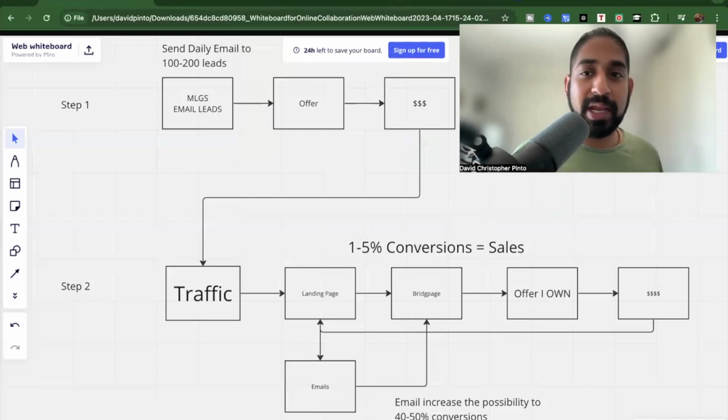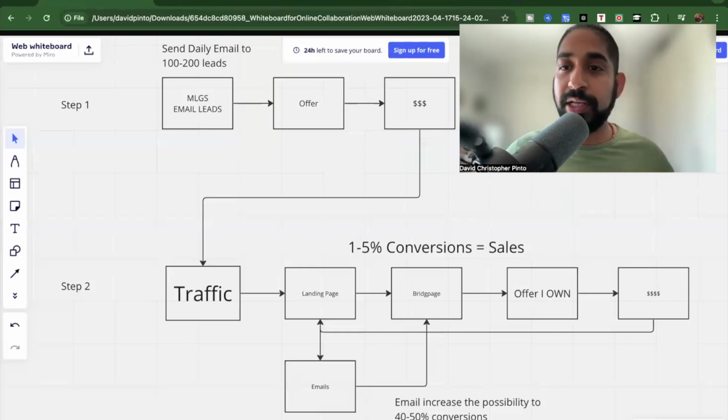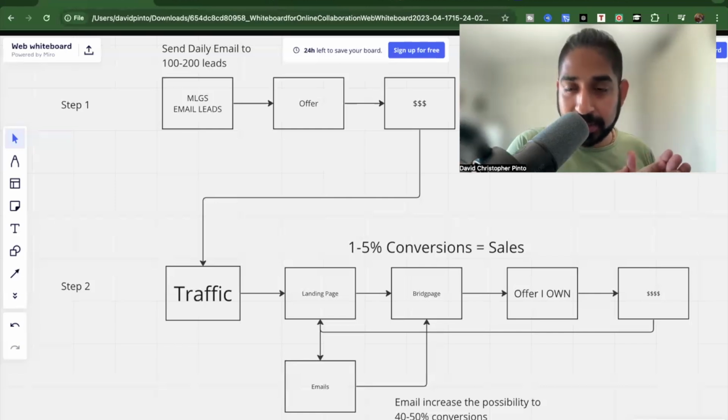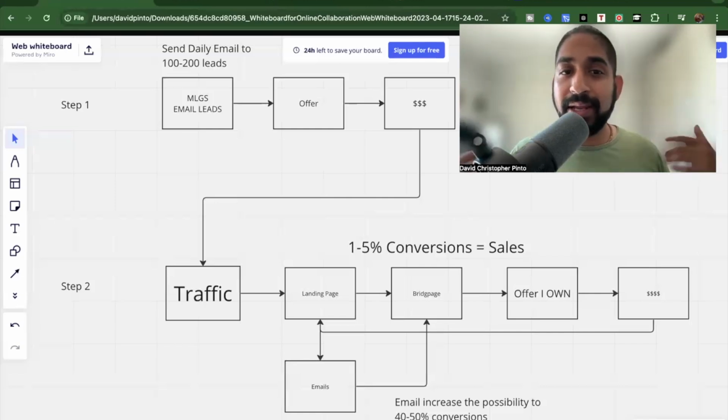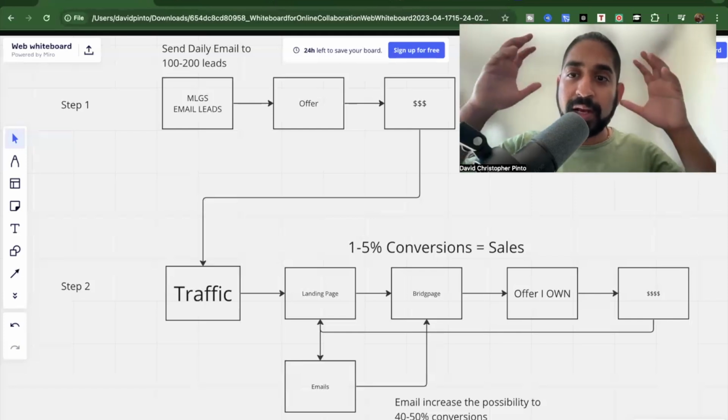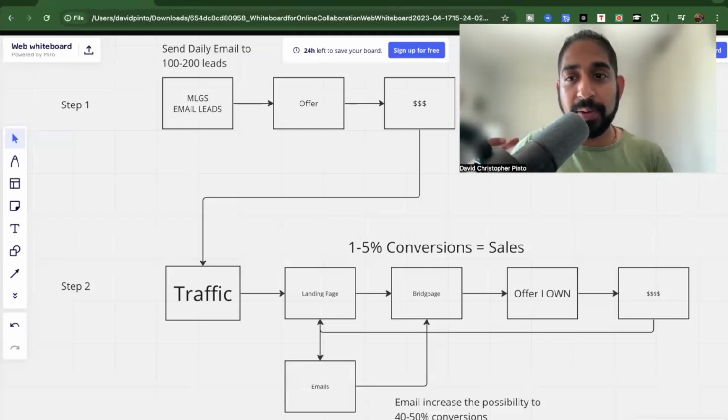If you ask me, David, how are you doing affiliate marketing? How are you building your asset? How are you building your email list as a whole? I basically use my Legion Secret as a catalyst, to start building a fund. Once I have money in that fund, which is anywhere at the moment, and these are my results, they're not typical, obviously, anywhere between $300 to $500 a month,